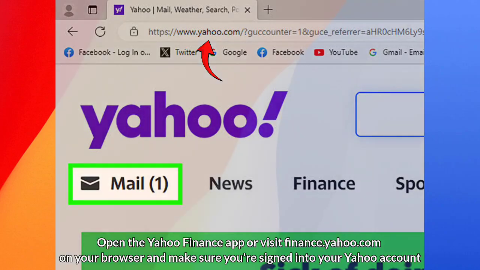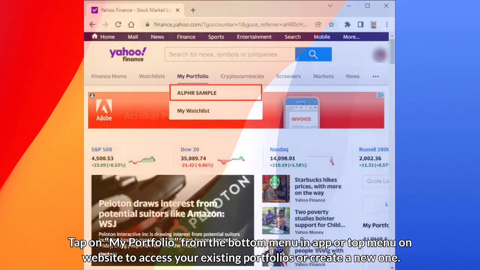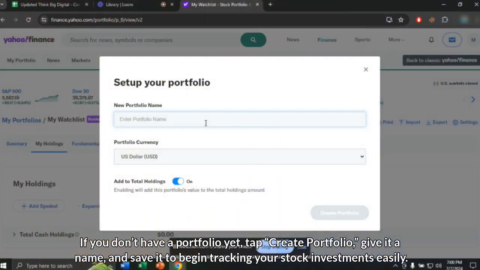your Yahoo account. Tap on My Portfolio from the bottom menu, in-app, or top menu, on website, to access your existing portfolios or create a new one. If you don't have a portfolio yet, tap Create Portfolio, give it a name, and save it to begin tracking